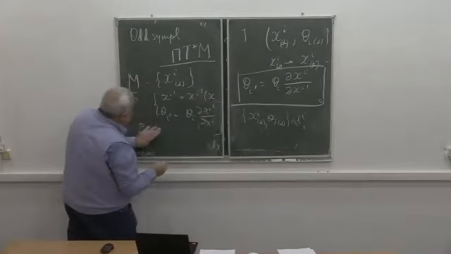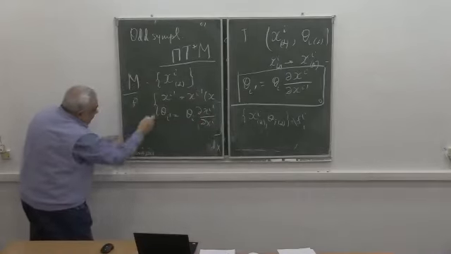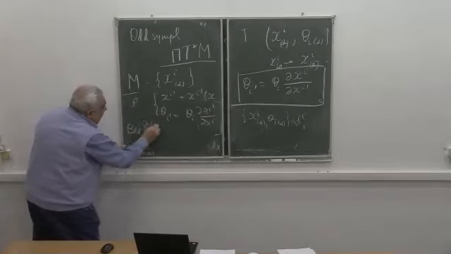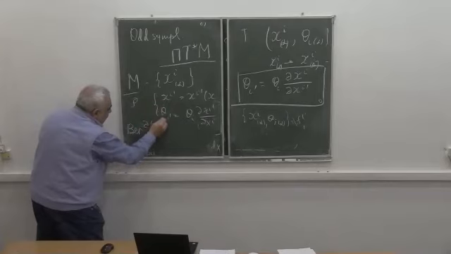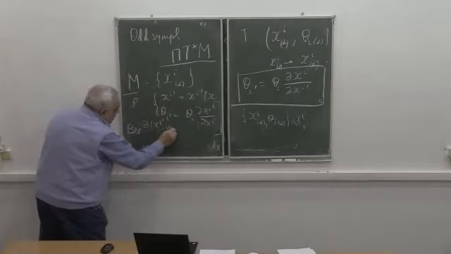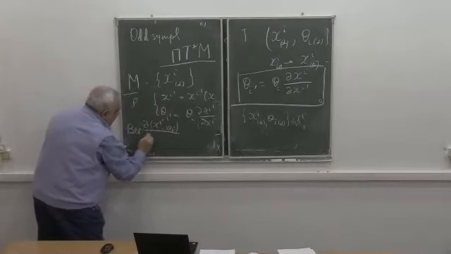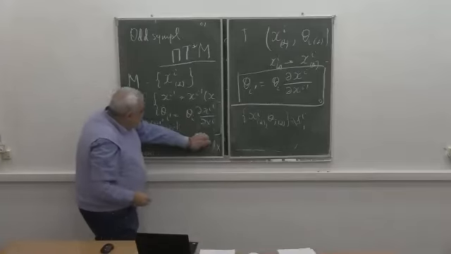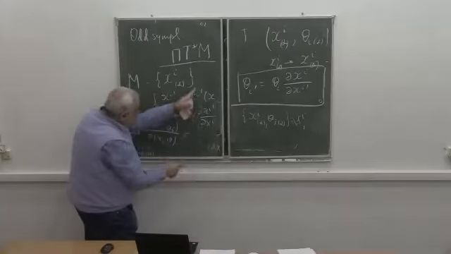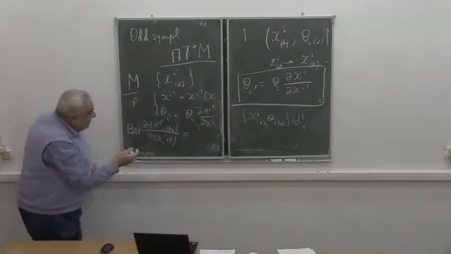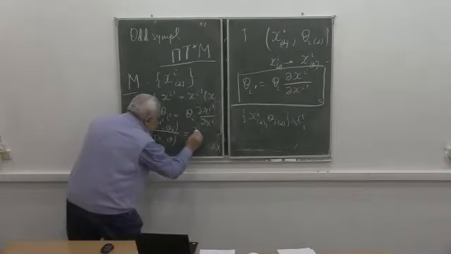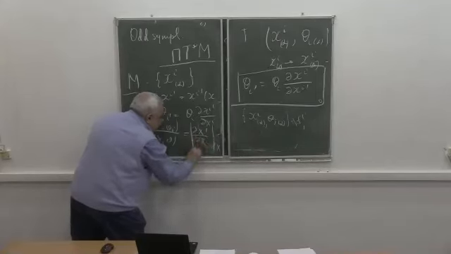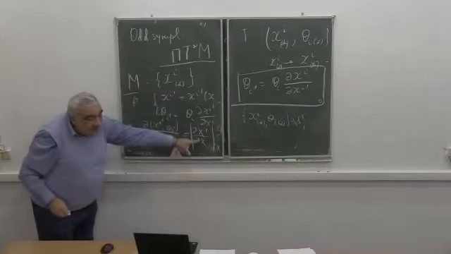If you look at the Berezinian of this transformation, dx prime, theta prime, dx, theta, it will be squared, because in the Berezinian everything goes down, it will be the determinant of dx prime by dx squared. And this square